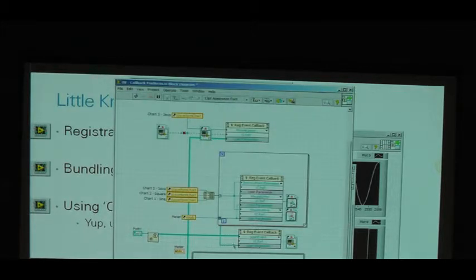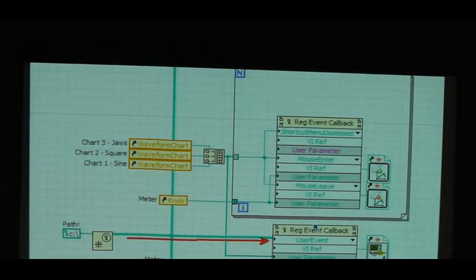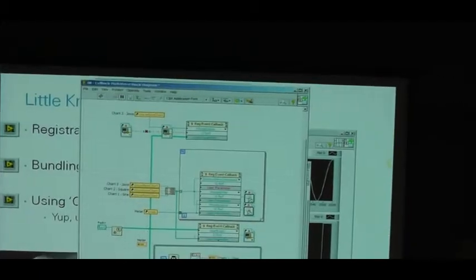or very similar down here, one of those things that you can do as well is it also responds to user events, if I haven't already mentioned that. And so now when I call this VI over here,